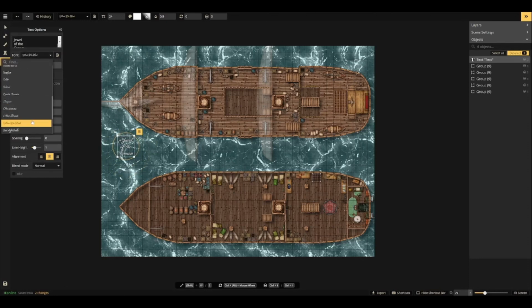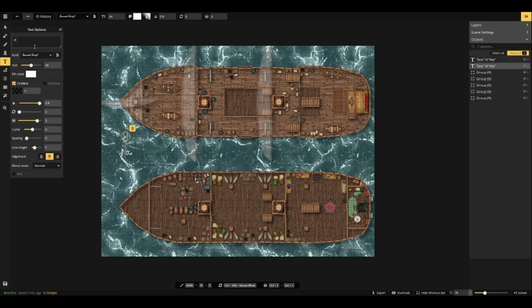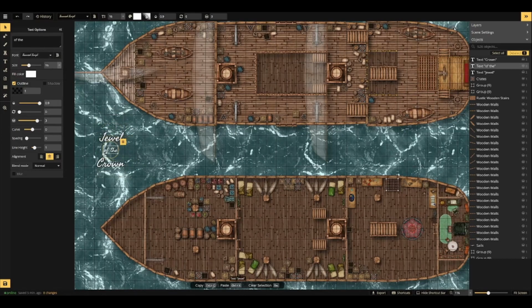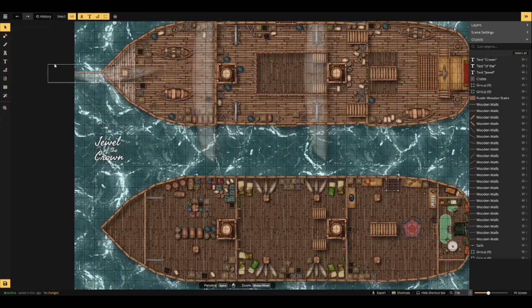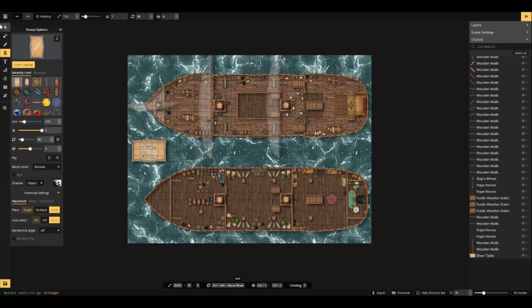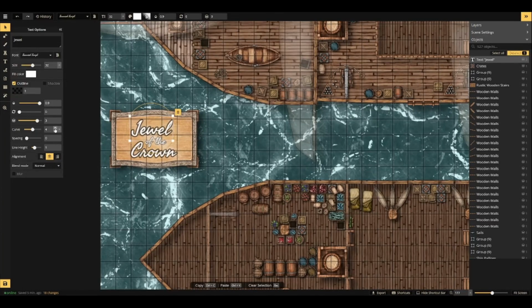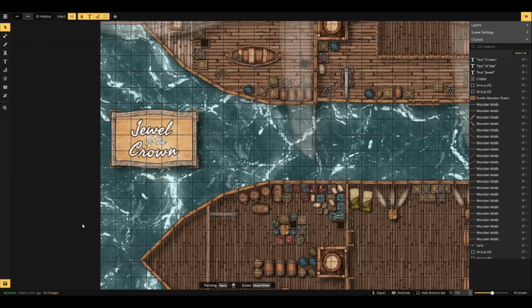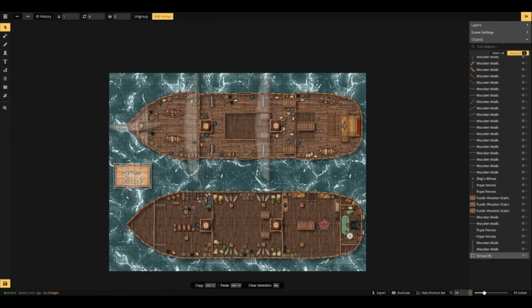And here's the last step, of course. Our ship's called Jewel of the Crown, and I wanted to first select a font. Then I didn't like how the "of the" was too big there in the middle, so I decided to split this into three chunks and edit their size a little bit. Here I'm just fiddling until it looks how I like it. And as a backdrop, I love to use these desks. Just go find a fancy desk. They look like cool backdrops. Curve the letters a little bit, give it a curvature of 5, I think. And bingo, Jewel of the